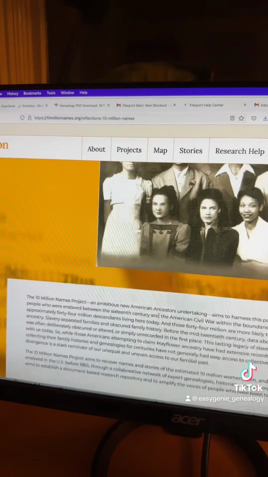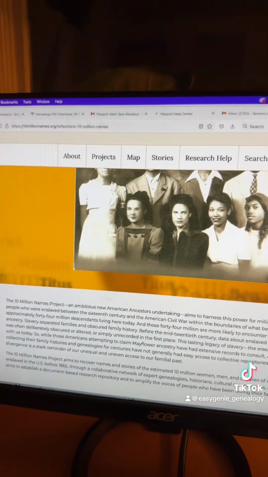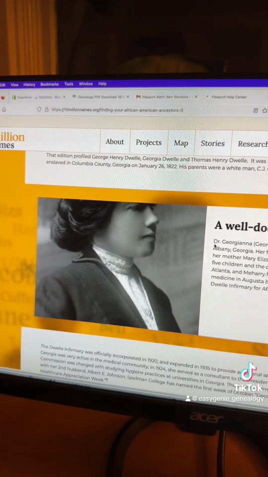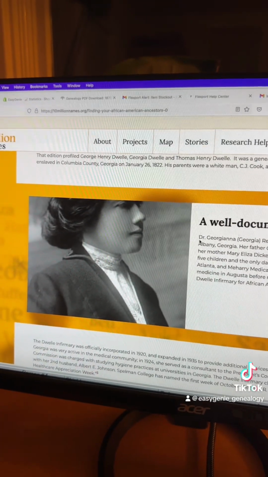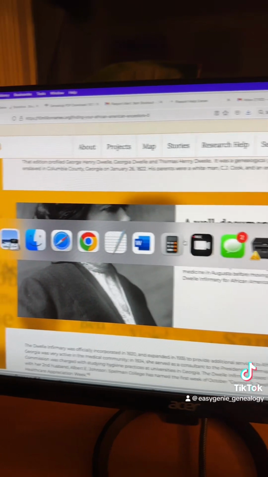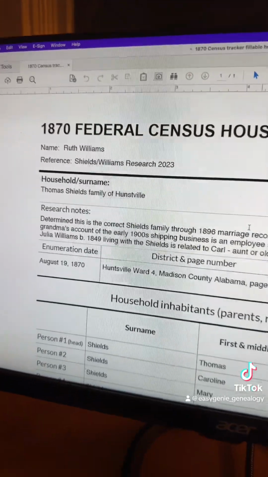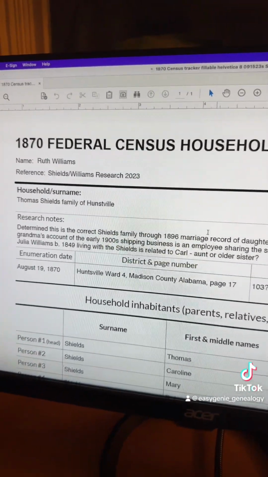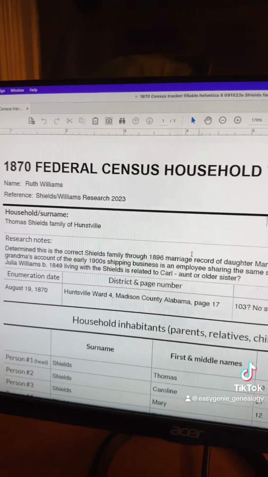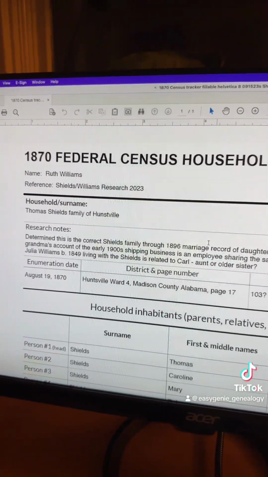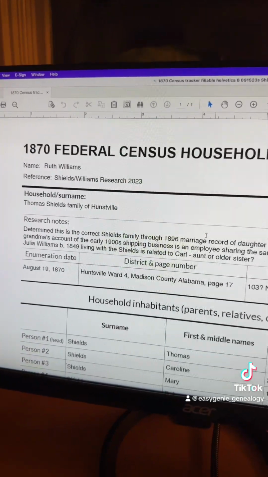And I realized as I read it that there's an opportunity to utilize one of the tools that I'd already developed for Easy Genie, and that was the 1870 federal census household tracker. Originally, this was a paper document. We sold them in sets of 7 online. They didn't really sell that well. I'm not really sure why, but we withdrew it from sale. But then when I saw the 10 Million Names Project pop up, I was like, okay, this is actually really important,